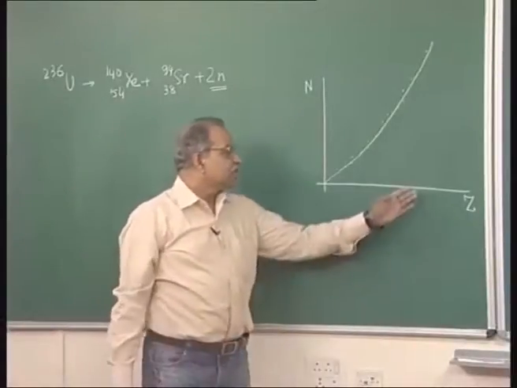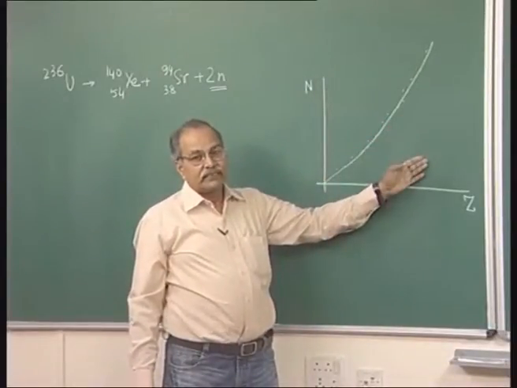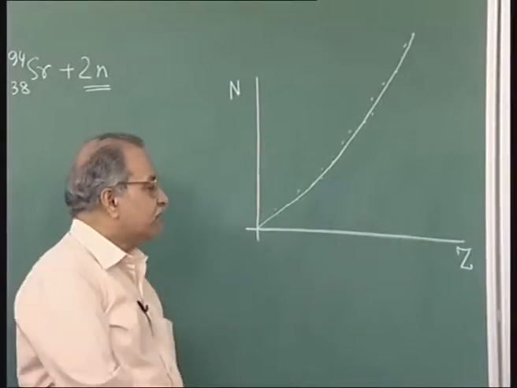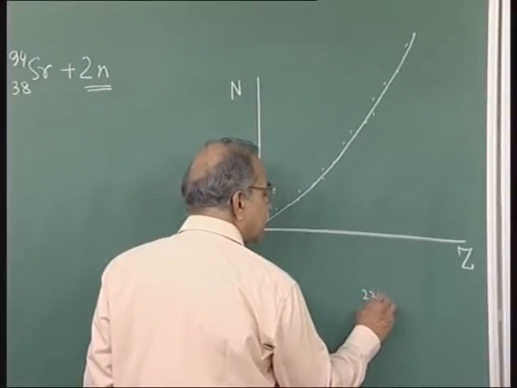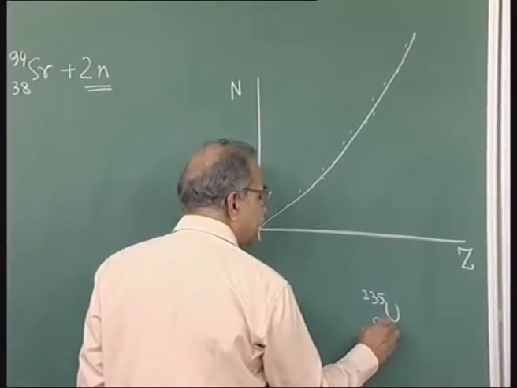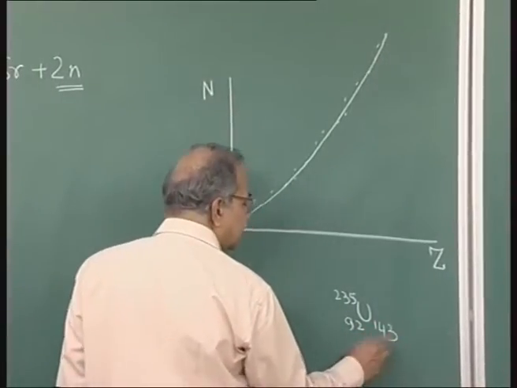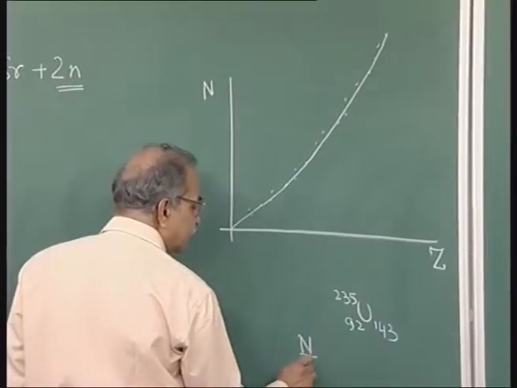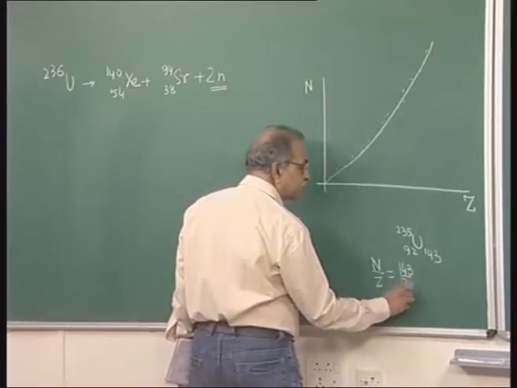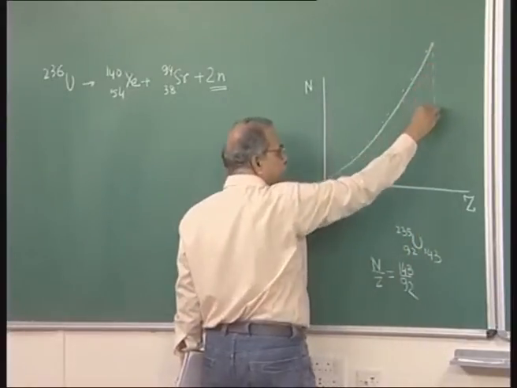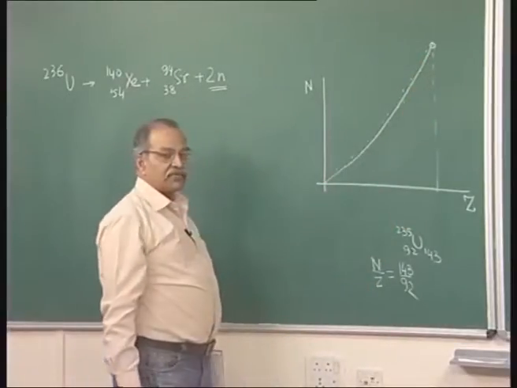For heavier nuclei, you have more neutrons than protons. For example, if you look at uranium 235 or uranium 238, you have 92 protons and the neutron number here will be 143. So N by Z is 143 by 92, that is, let us say, somewhere here, 92 protons and 143